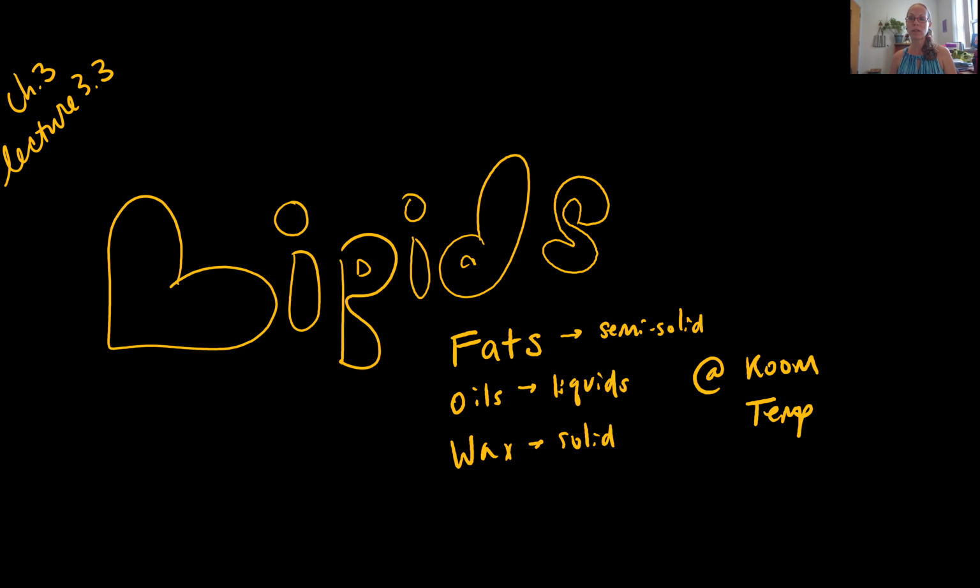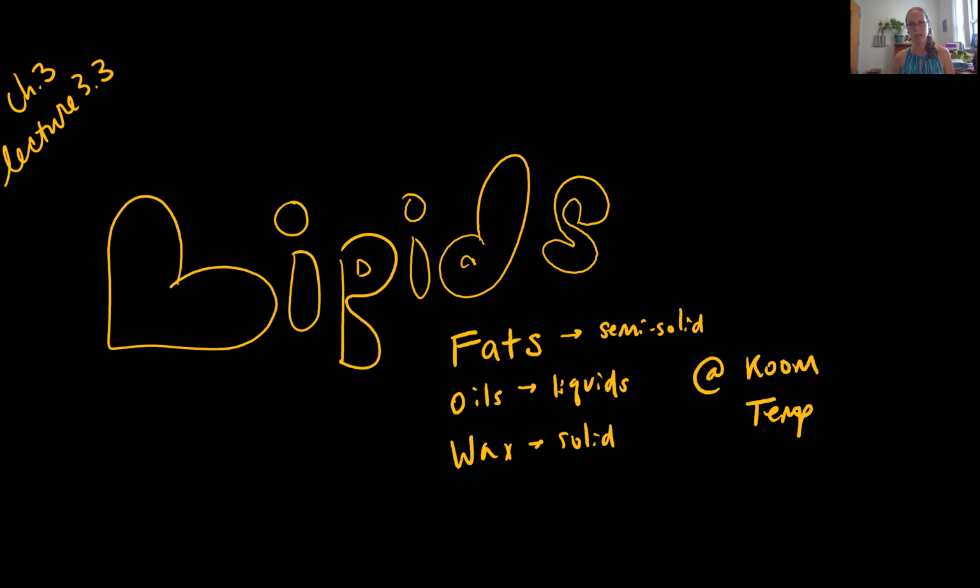And we're continuing our discussion here of our organic macromolecules or biomolecules. And our topic for this video are the lipids. The lipids include fats, oils, and waxes. And the key difference is when you're comparing these three types of lipids at room temperature, you'll see that fats